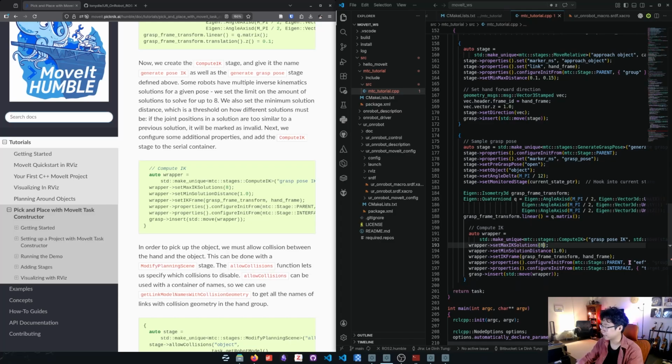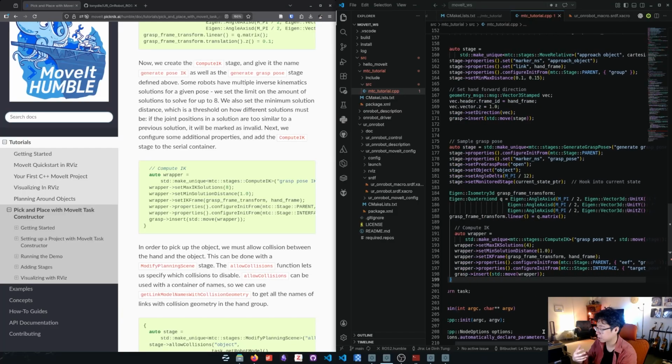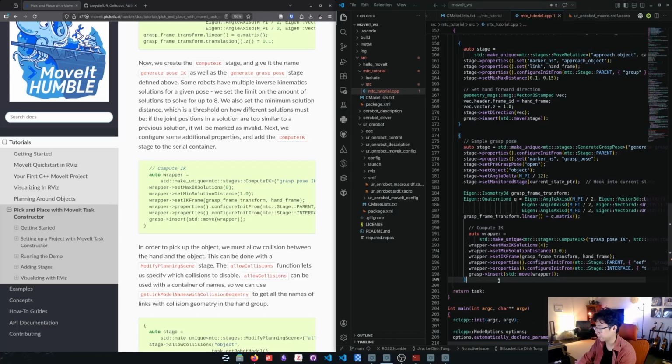I might lower this for now, maybe set it to 4. This is the minimum solution distance, so that the solution needs to be different enough for us to accept it as a valid possible solution. We don't want many solutions that are too similar to each other. And now we're inserting it into the grasp serial container. Okay,